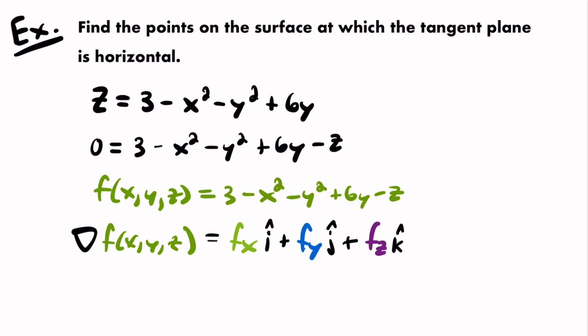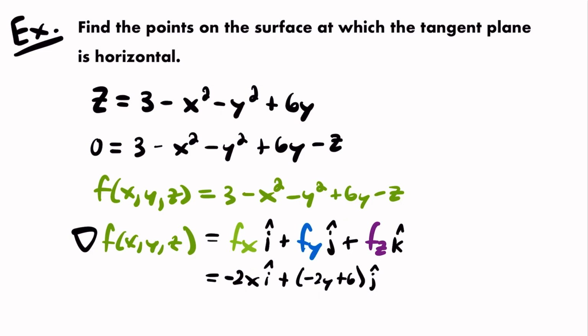Everything else would be a constant with respect to x. So this is equal to negative 2x to the first power times i plus fy, or the partial with respect to y, and so we only have to worry about these two terms. Everything else is a constant with respect to y. So take the derivative of these two terms, and you get negative 2y plus 6,